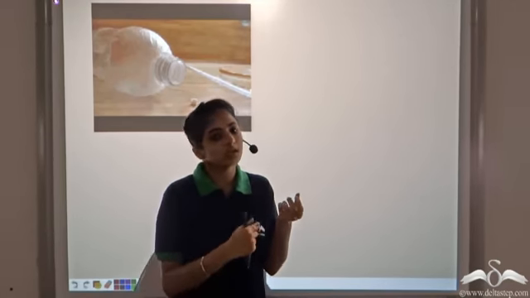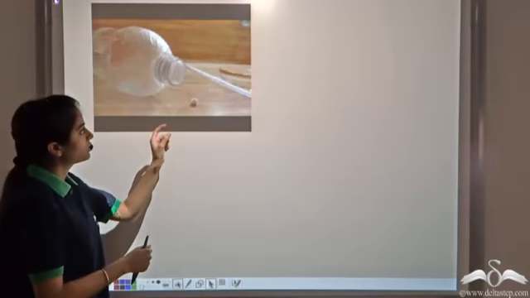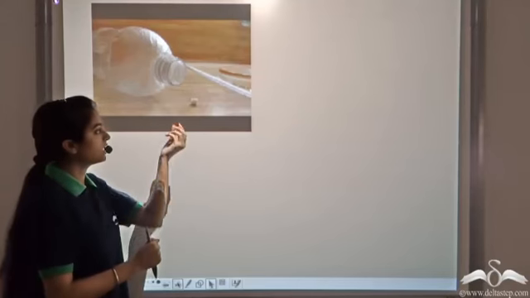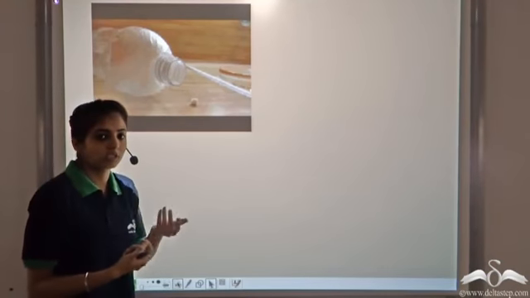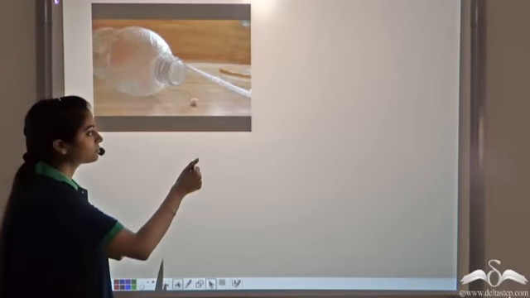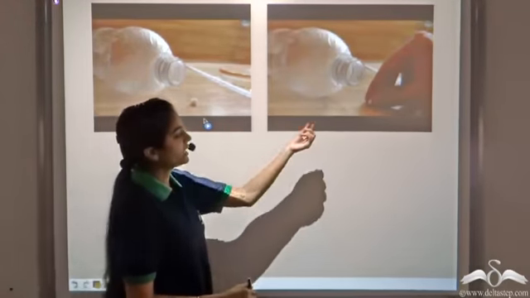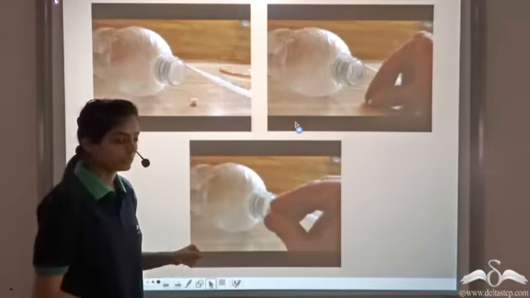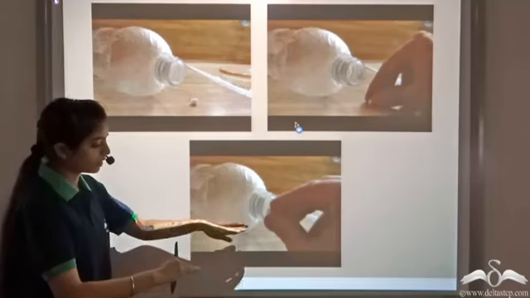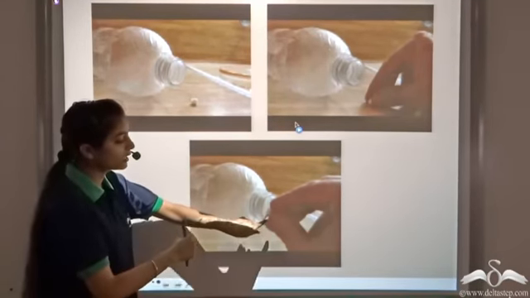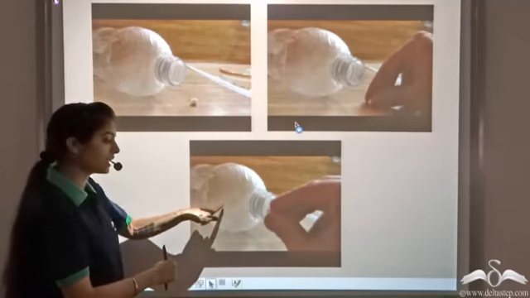Well, let's try to see if there is air present inside the empty bottle with the help of an experiment. Take an empty bottle which has a small neck. Take a small paper ball. That paper ball may be made out of a paper taken out of your register or a tissue paper. Make a small round paper ball and place the paper ball on the neck of this empty bottle. Now, keep this bottle on the table, bend downwards, and the purpose of this experiment is that you are trying to blow in this paper ball inside the bottle.